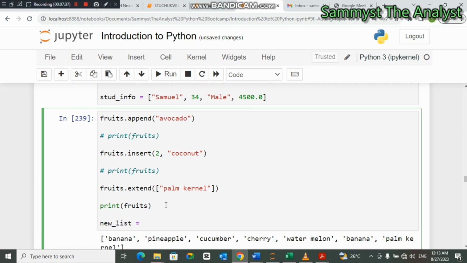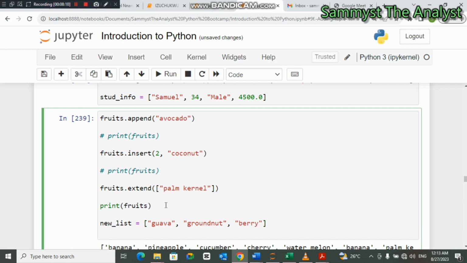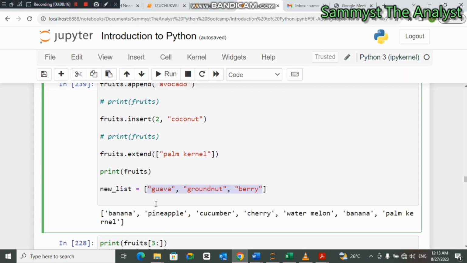So let's say you want a new list: guava, groundnuts, berry. Now if you want to add this new list, a list of fruits, into the original fruits list,